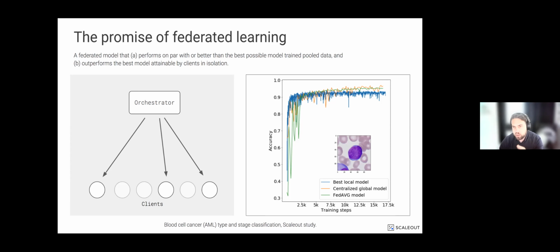As you can see, and it's something we typically see across research initiatives, at least for imaging use cases, this is a quite typical outcome. What you can also see is that the federated training can struggle, with potentially a slower convergence rate in terms of total rounds. This is a consequence of the algorithm. But the picture that we have in mind is the one to the left here, where you have some sort of orchestrator that coordinates sending out requests to clients. They can do updates of the model. These updates are sent back, and somehow these things are aggregated together.